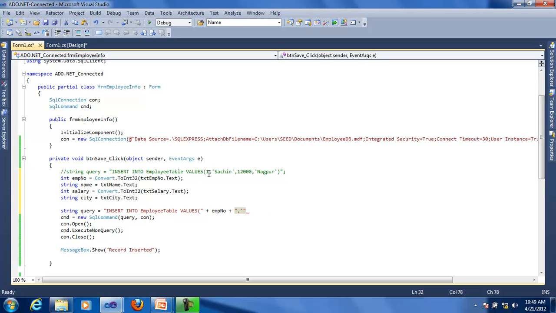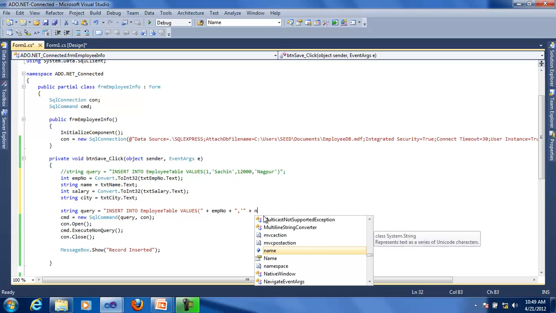Why? Because comma and single quote is normal string, you have to keep it inside double quotes, but Sachin will now come from name variable, so you have to keep it outside double quote. That's why I have closed that double quote over here, and then say plus name,